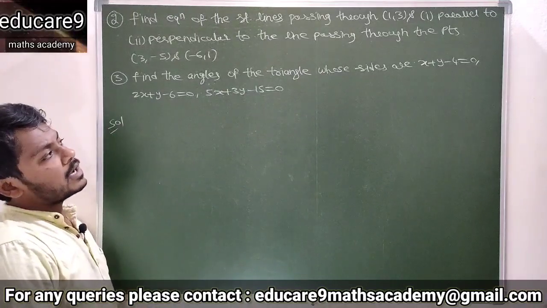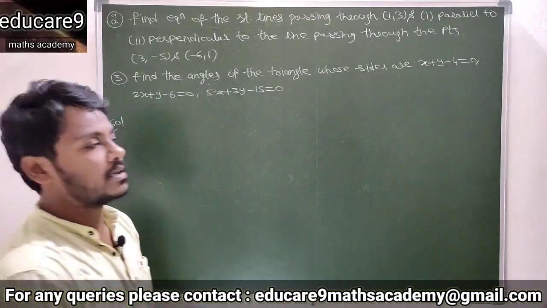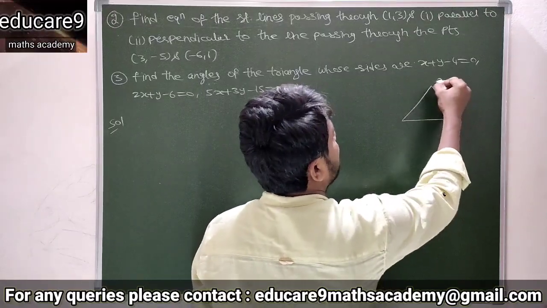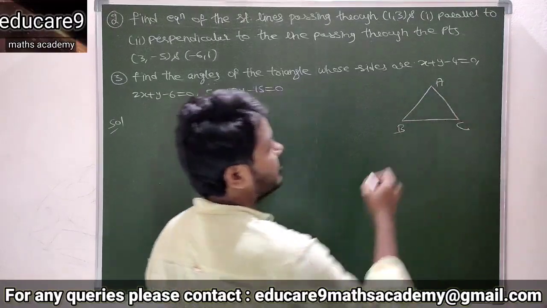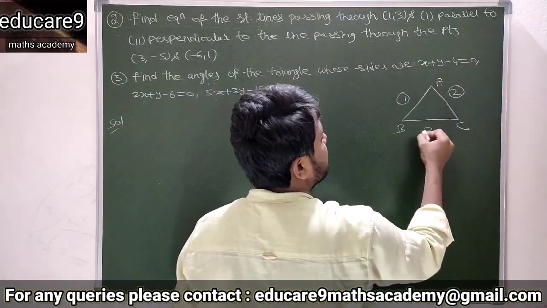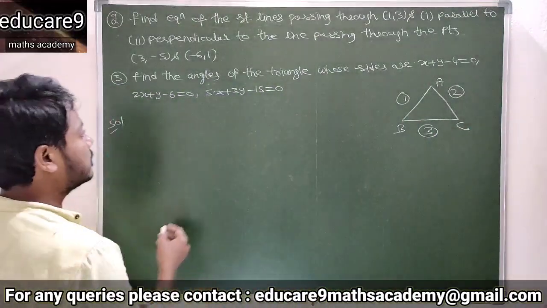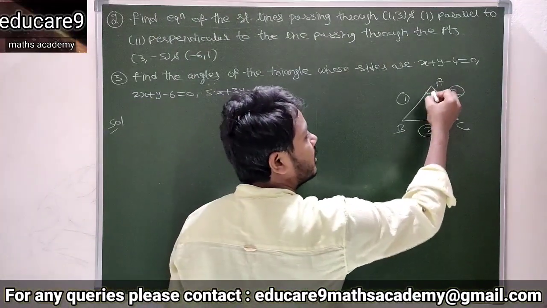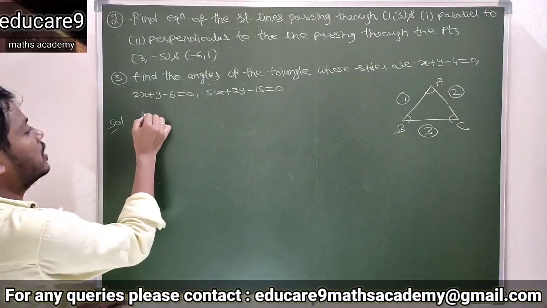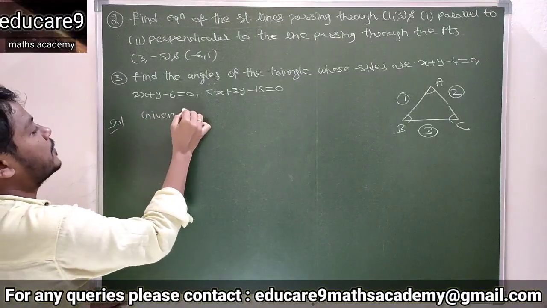Find the angles of the triangle whose sides are given. So see here, this is the triangle ABC. Okay. So this is equation 1, this is equation 2, this is equation 3. So see here, you need to find angle A, angle B, angle C. So see here, first given lines